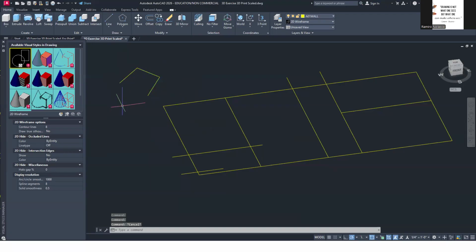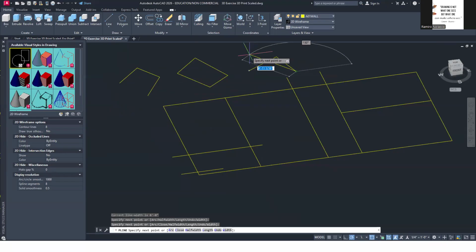Okay. Now, normally we would like to close the polyline, so we create a shape and we can extrude that as a solid object. Now, one thing that you cannot do and AutoCAD will not allow you to do is to make crossing across your shape. So it doesn't allow us to extrude self-crossing shapes. So just take note of that.